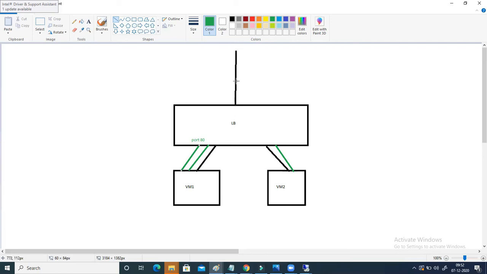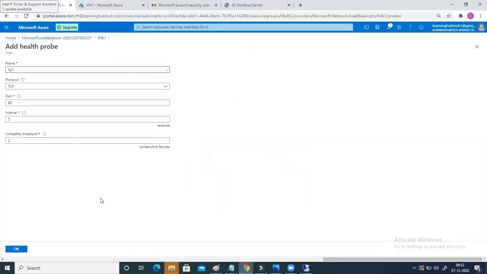So to avoid any user impact, it is going to forward or redirect all of the user sessions to VM2 in this case. Now the question is, why is it only trying two times? Because you have mentioned two here as the unhealthy threshold. Let's say you mention 4 or 5, then it will try 5 times, or 4 times. It is up to you how many attempts you want to configure here.